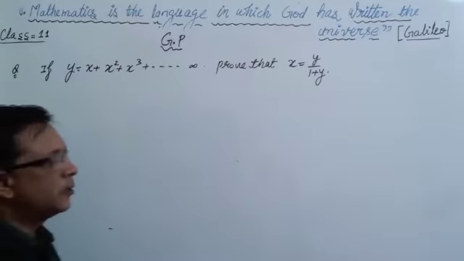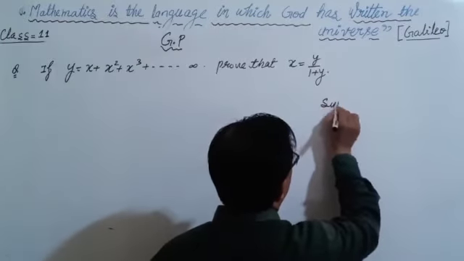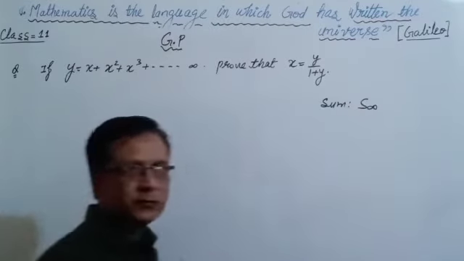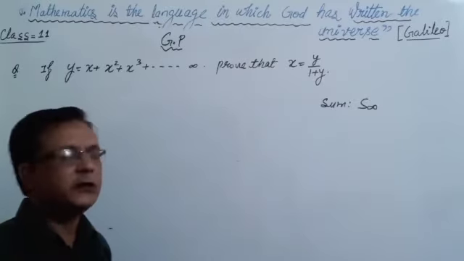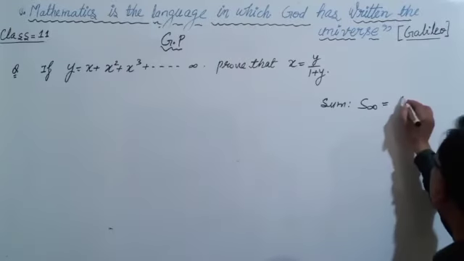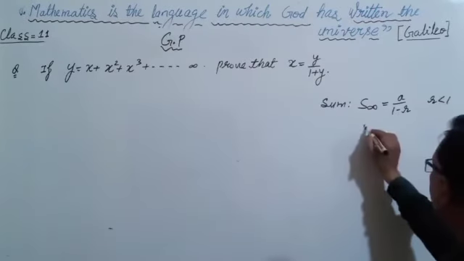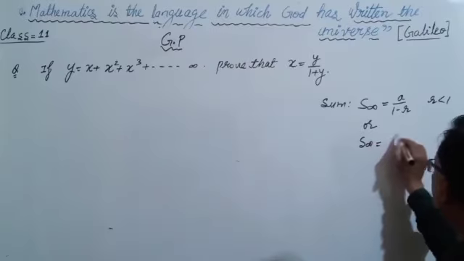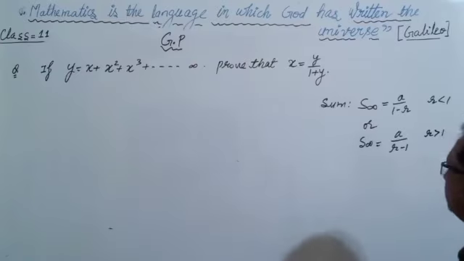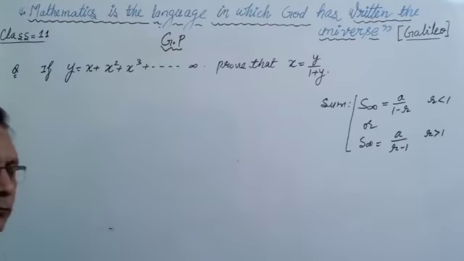We are going to revise the series with infinite terms of the GP. So here we write the formula for the sum of infinite terms in the GP. Infinite means those series in which infinite terms are involved, and for a series in GP, this is your formula: S infinite is equal to A upon 1 minus R, where R is less than 1, or we write S infinite is equal to A upon R minus 1 when R is greater than 1. So remember two formulae that are used in this type of question.